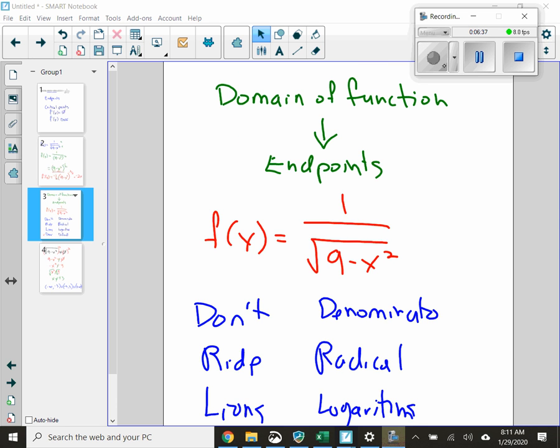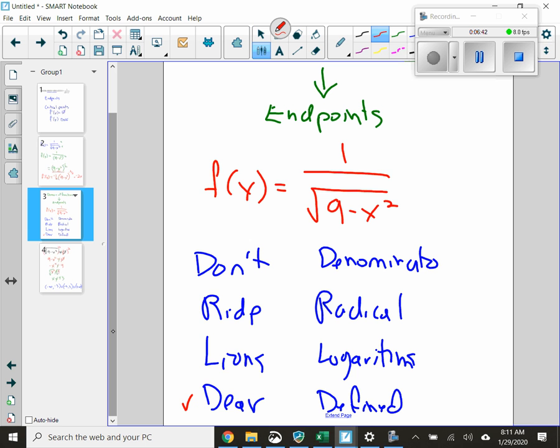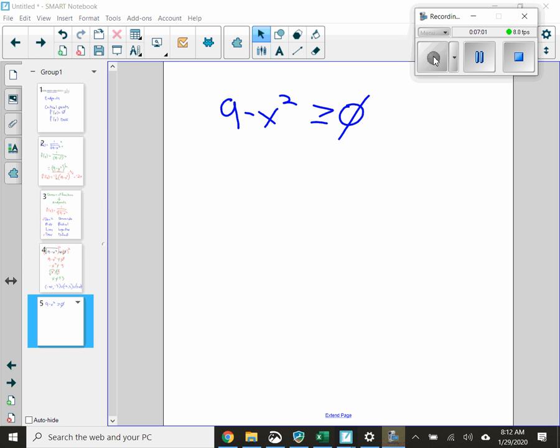But going back to my function and how I solve for domain, I took care of the denominator part of it. But now I have to do the radical part of it, because my function does have a radical sign with an even index. This is a square root. We know that this 2 here is implied. So I have a radical sign with an even index. And in order to solve that, I have to set up an inequality that takes the radicand, that is the part underneath the radical sign, and I have to set it greater than or equal to 0,